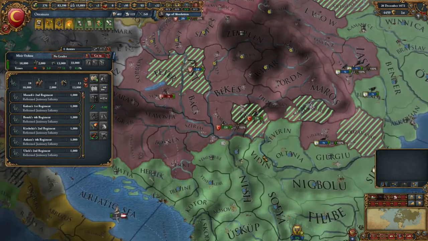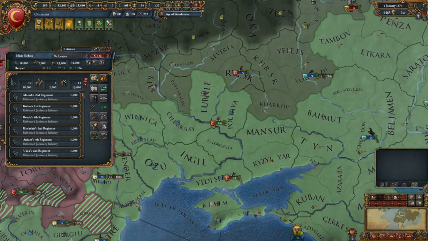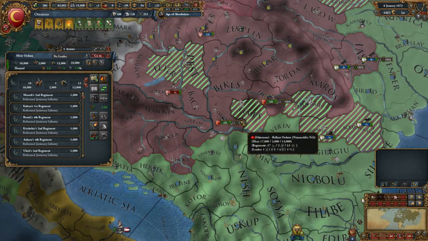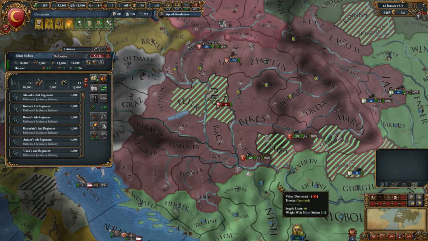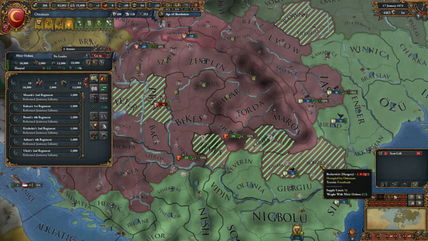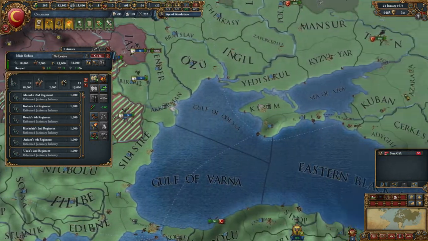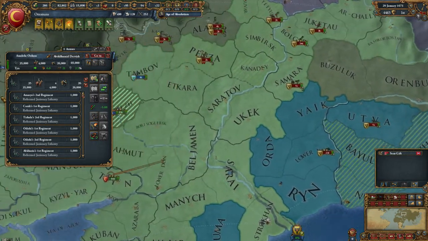So we basically want Hungary to be completely taken over, because they're the real objective, and we have quite a lot of claims on Hungary thanks to the mission tree, and ideally we want to fulfill every mission tree we can. So the missions are Wallachia, which is just those two provinces which we already have, Bosnia. So we need to get our armies down to Bosnia. For good measure, probably going to